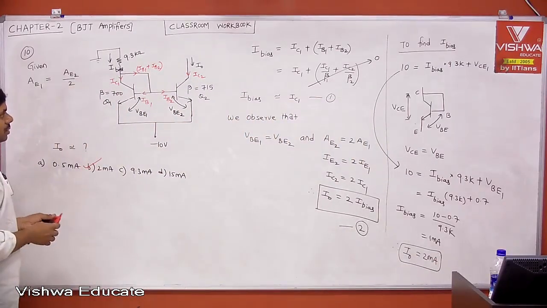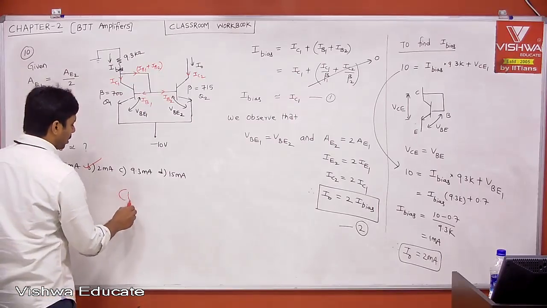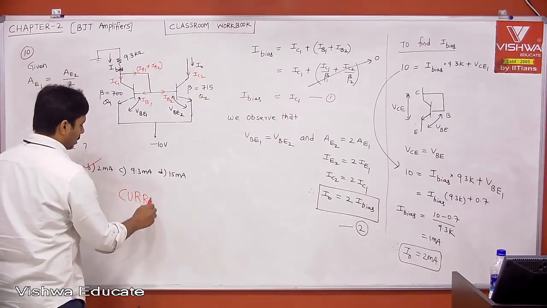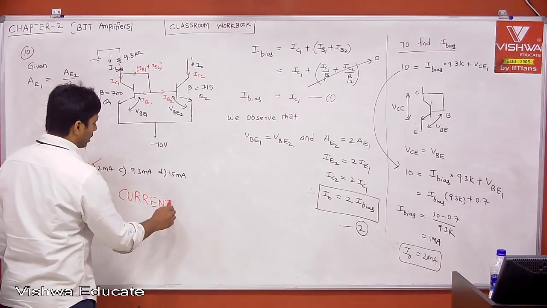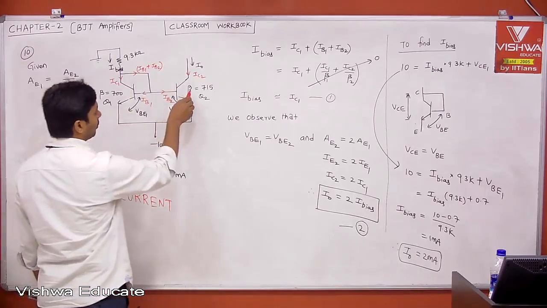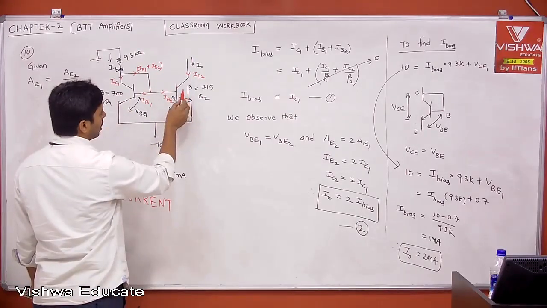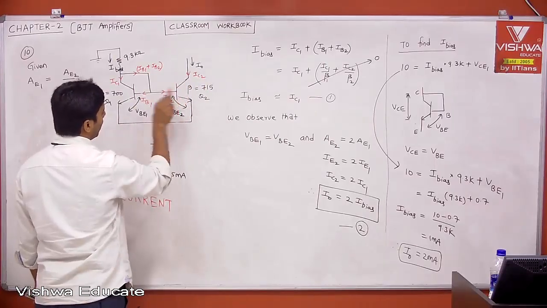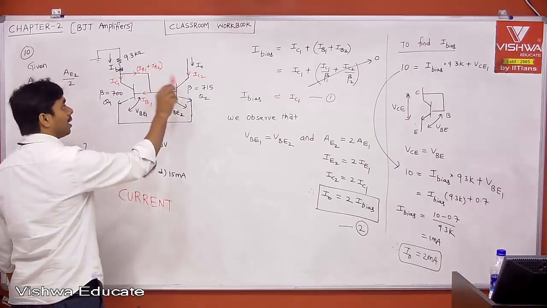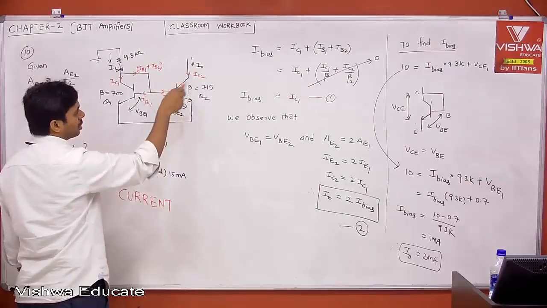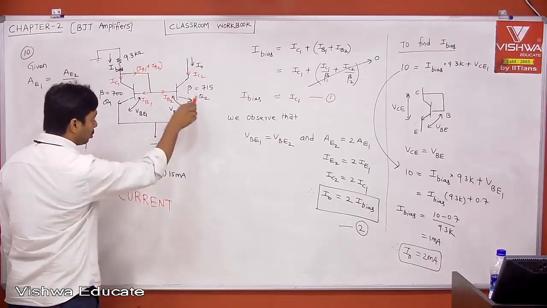Answer is 2 milliampere. Remember, this is a current mirror. The current flowing through transistor 1, the same current will be flowing in transistor 2, provided same area. If the area is twice, the current is 2 times; if the area is thrice, 3 times; if the area is half, half of the current. Whatever current you want, you can get it by choosing the proper area of transistor 2 with respect to